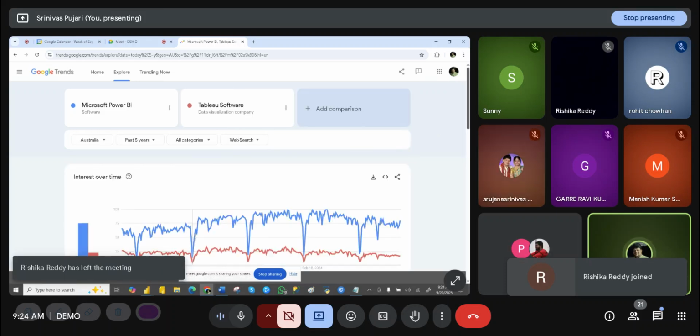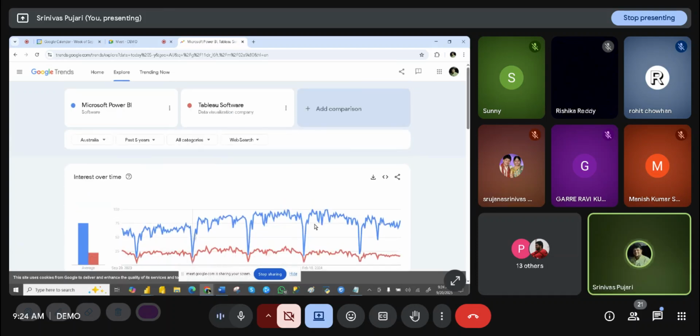If you compare these, Power BI is more trending in Australia. The blue is Power BI, and the red is Tableau.